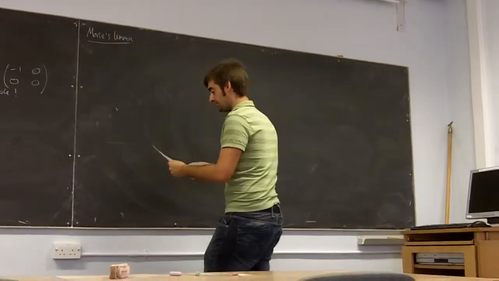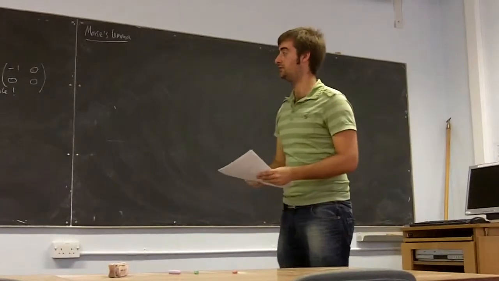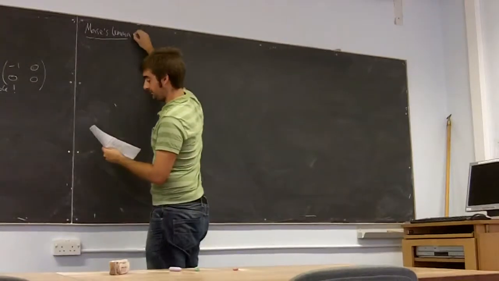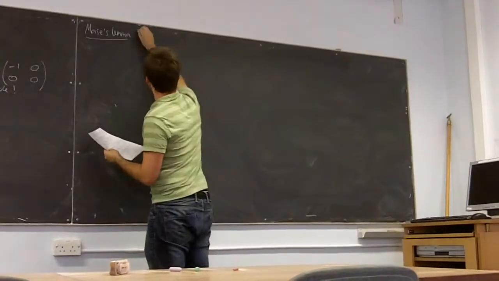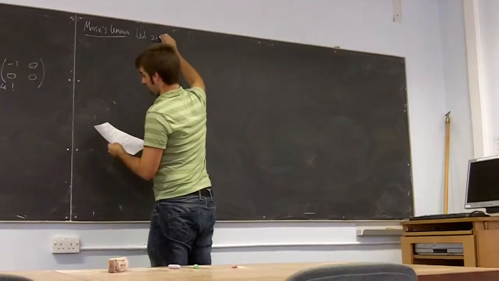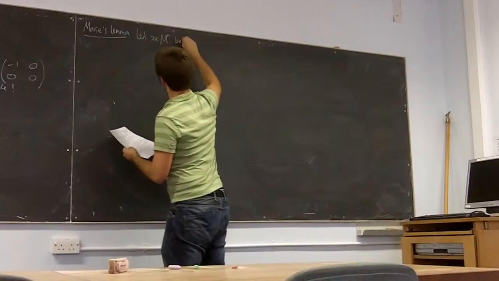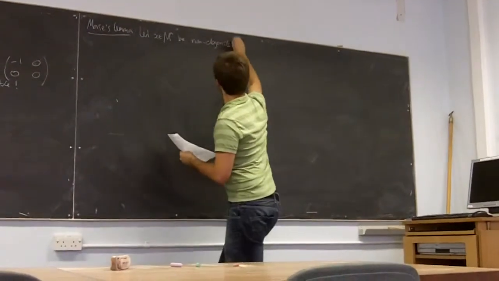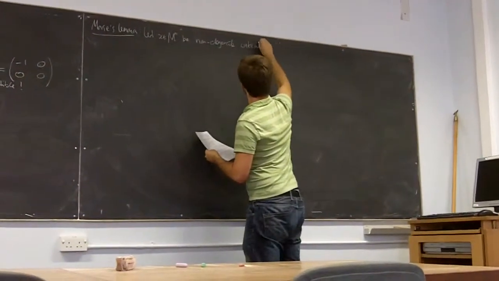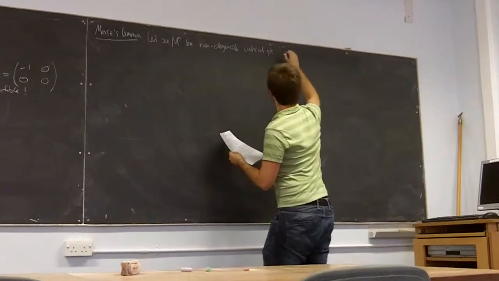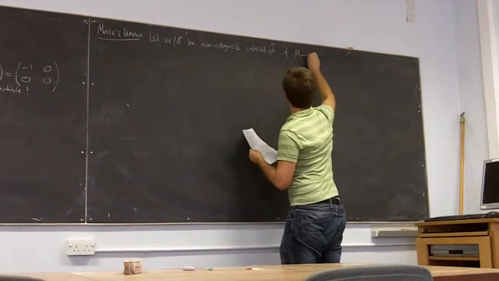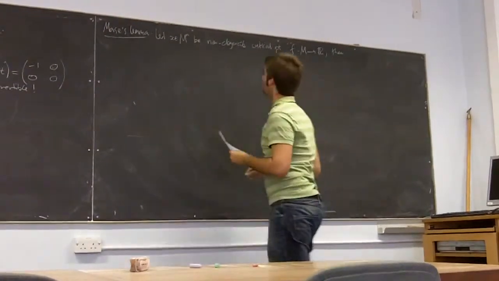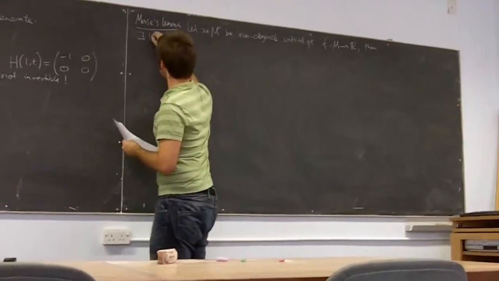So Morse's lemma tells you exactly about the behavior of all the critical points. Namely, it says let x be a non-degenerate critical point. Then you can find local coordinates. So there exist local coordinates